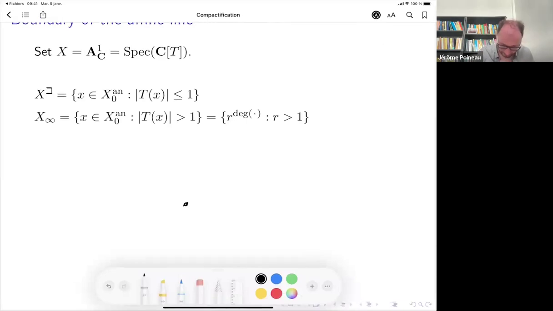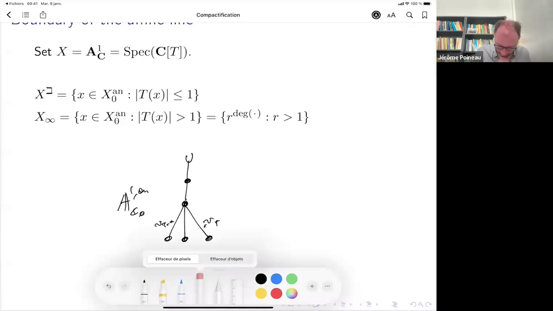So this affine space over C with the trivial absolute value is just something like this. We had the t-adic valuation, all the possible valuations. Okay, we had the v_{T-a}, and so on. And one part going up with the degree. So this was R. Maybe this point's a bit too big. Like this, this point is going to be R to the degree. I should have written with the pen, but okay.